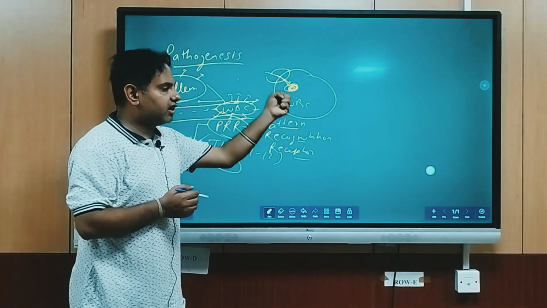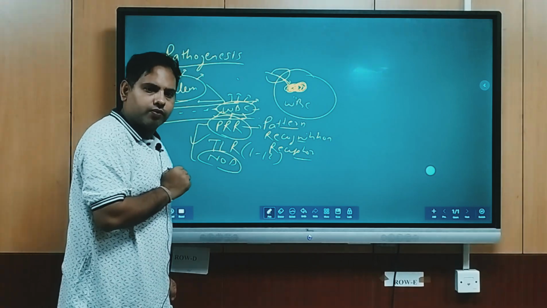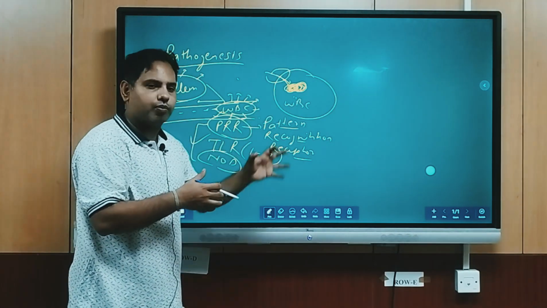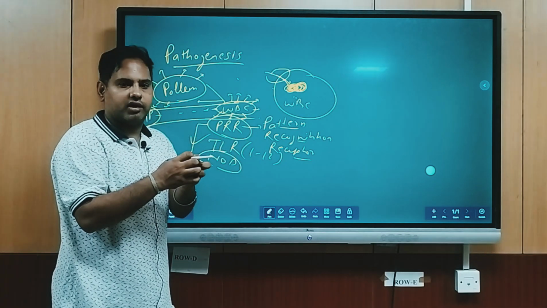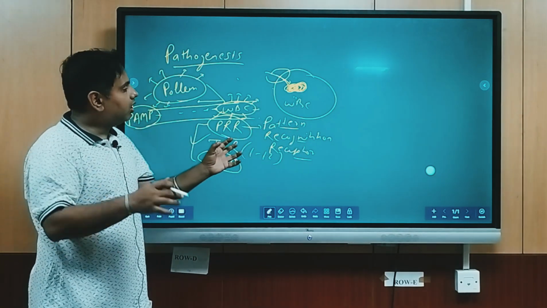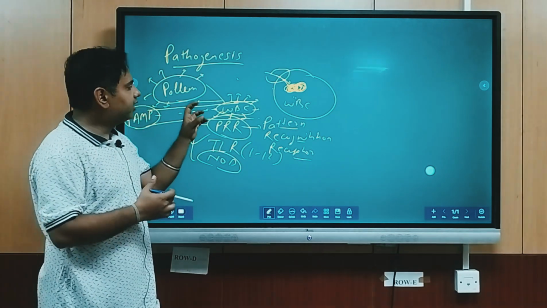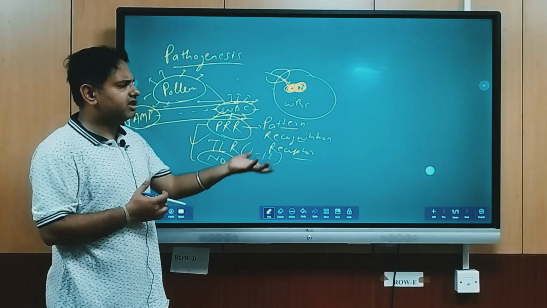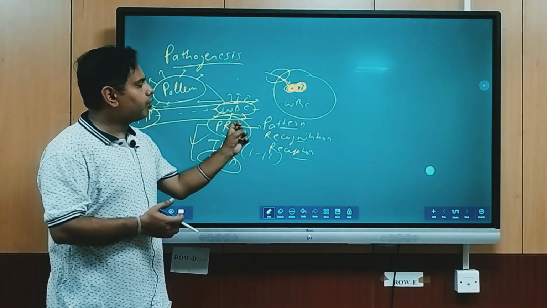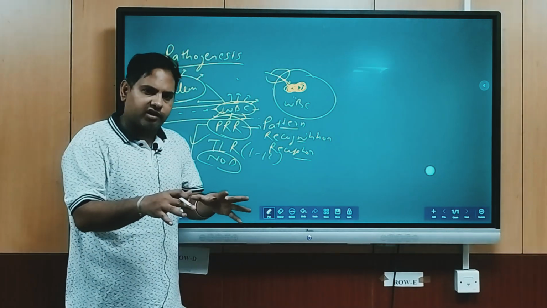Now when it engulfs it, it will fuse with your vesicles and form the phagolysosome, and these enzymes and chemicals will destroy that pollen. Your pollen will be destroyed by the WBC. That will happen in most individuals, as I said, the 200 students who go to the garden. In the body this reaction is happening, and nothing else happens. Nothing happens clinically. They are exposed to the pollen, WBC detected it, phagocytosed it and killed it, right? But